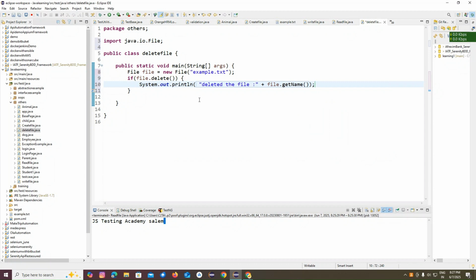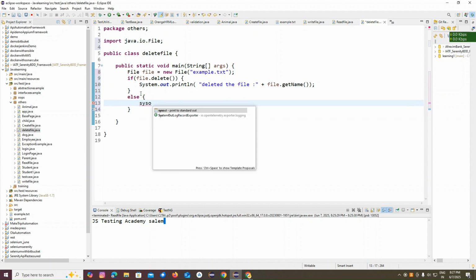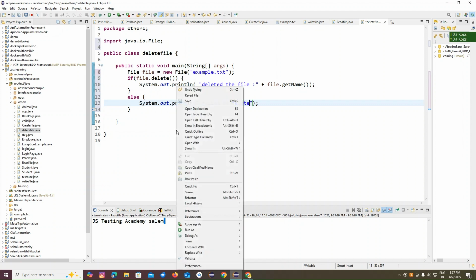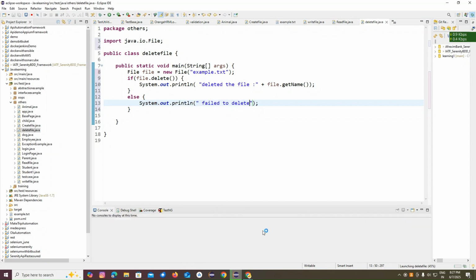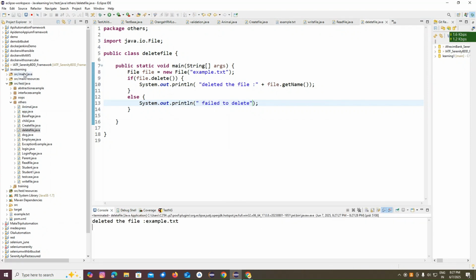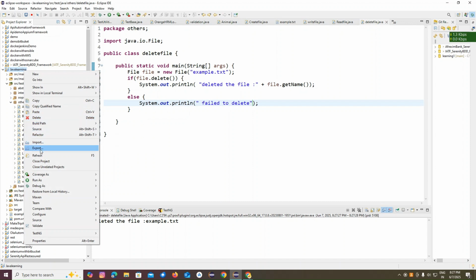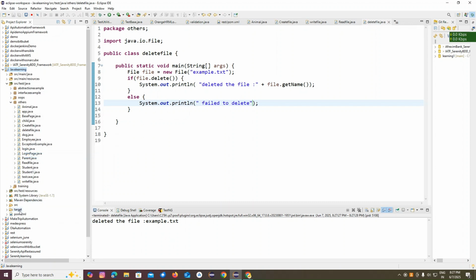Then I'll give an else condition here with sys out. It will check for the file and delete it. If not, it prints "Failed to delete", failed due to some reasons. Now let me run the code. It says deleted example.txt. If I refresh the project, see, the file is gone. So this is how we can create, write, read and delete a file